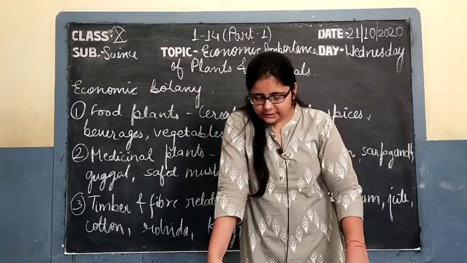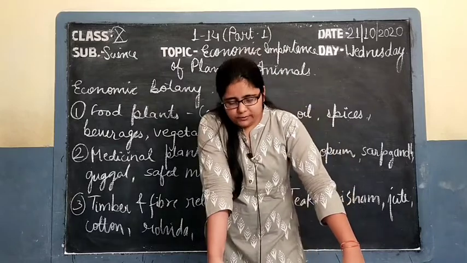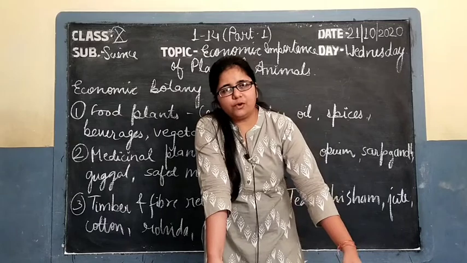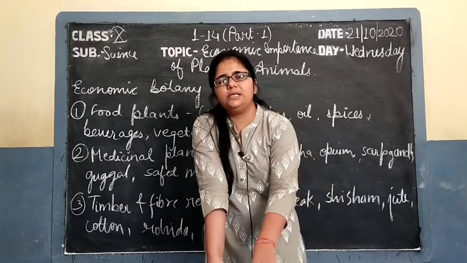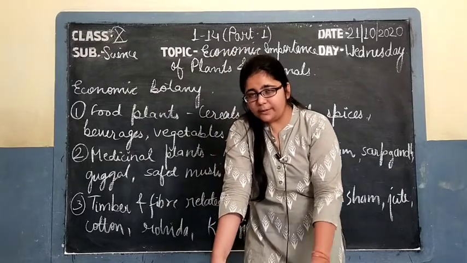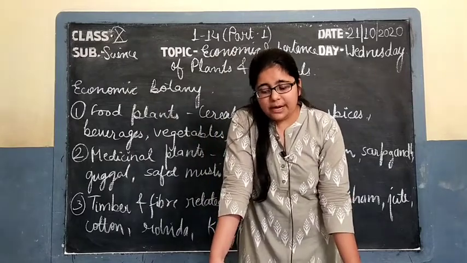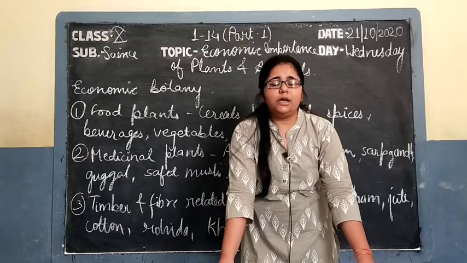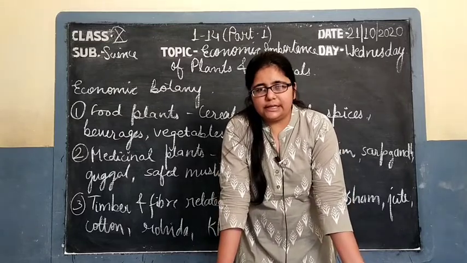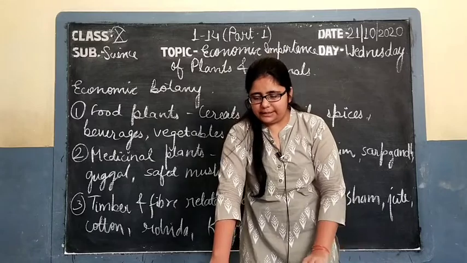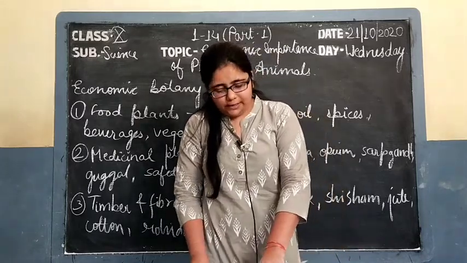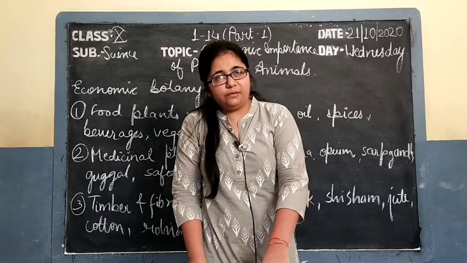Then the fifth one is the medicinal plants in which medicinal values are obtained from fruits. First one is opium, from which morphine is obtained, which has medicinal uses in painful surgeries and in labor pains. So opium, that is Papaver somniferum, and amla, which is used as an immunity booster. It has an abundant amount of vitamin C, that is Emblica officinalis. So these are the plants having medicinal values.